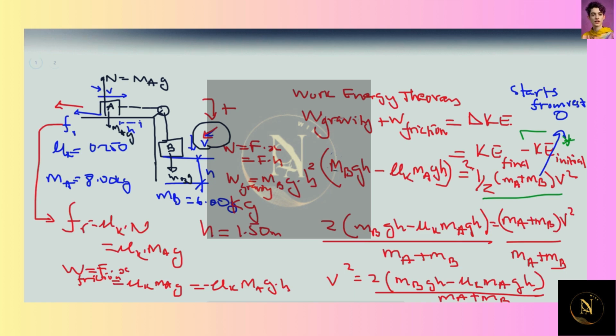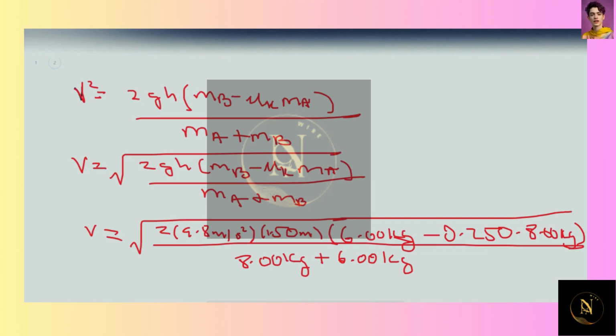So you reorganize the problem using algebra. You can see this 1/2, multiply everything by 2. We have this 2 right here, the 2 cancels. And so we end up with ma plus mb. We divide on both sides, as you can see. This one here cancels that. So we're left with v squared and a clean formula. This gh and gh is common. So in the next part, we can pull it out because it's the same thing. And you see that happens. It simplifies our computational process. And so we end up with a clean radical. We plug in the numbers and we get a final answer of